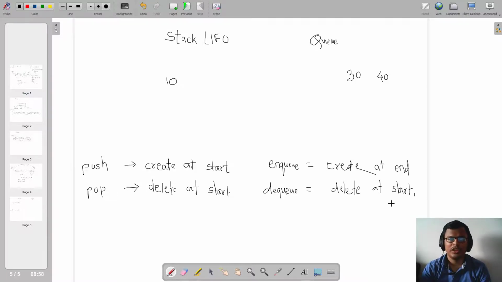So now you can also think of implementing stack and queue using linked list by representing these different operations. You may go for singly linked list, doubly linked list. You may also go for linked list with two external reference pointers. Like in case of queue, we all know there are two ends, front and rear. So you can imagine your front as start and your rear as last, and you can maintain those two ends and implement NQ and DQ using create at end and delete at start. Whereas you can implement stack using only one external reference pointer called front.